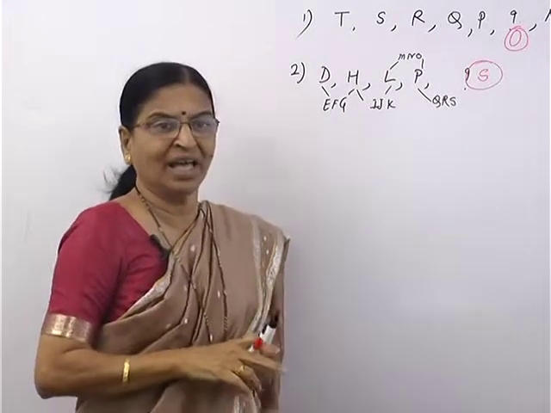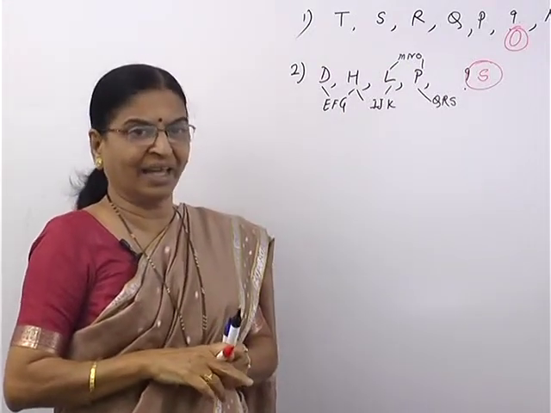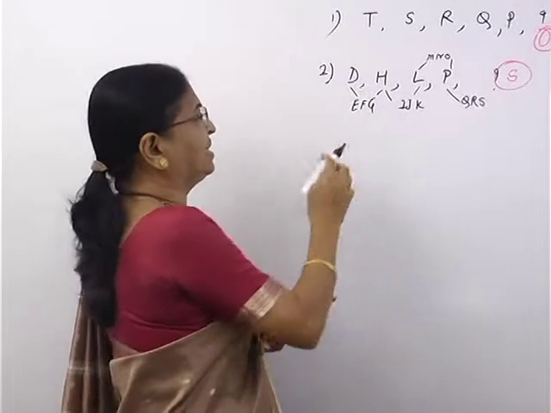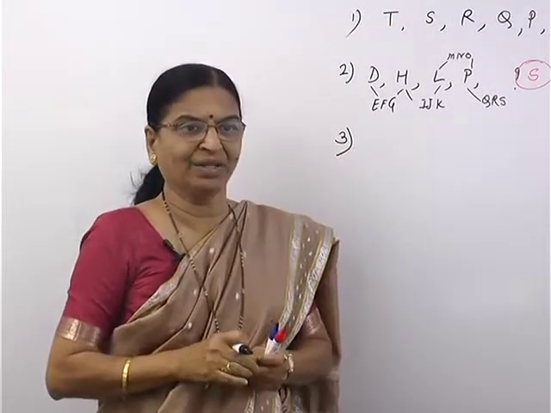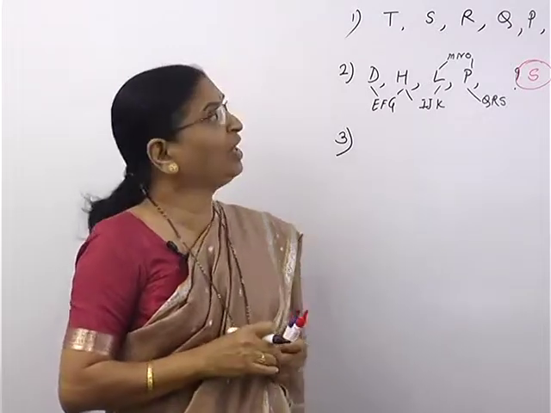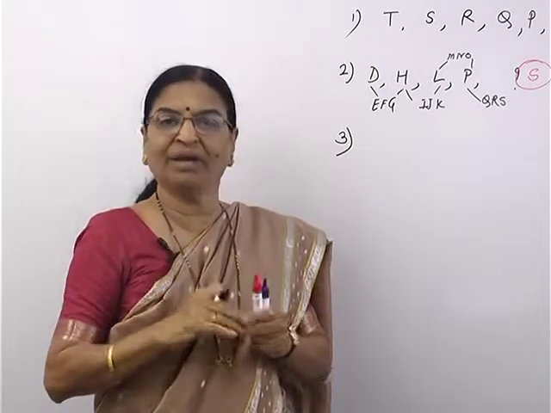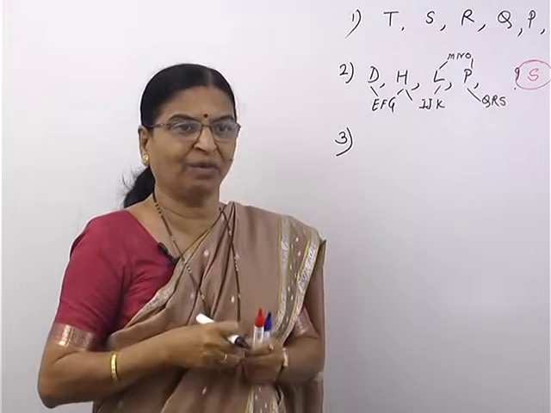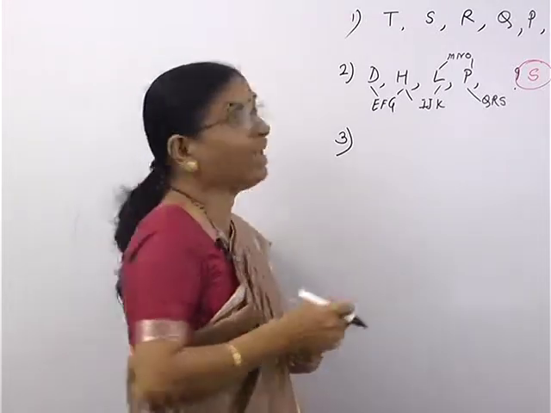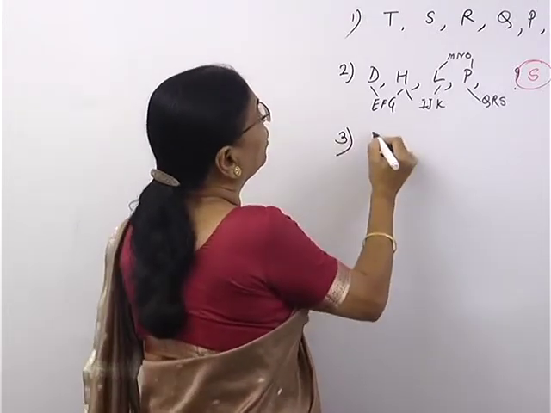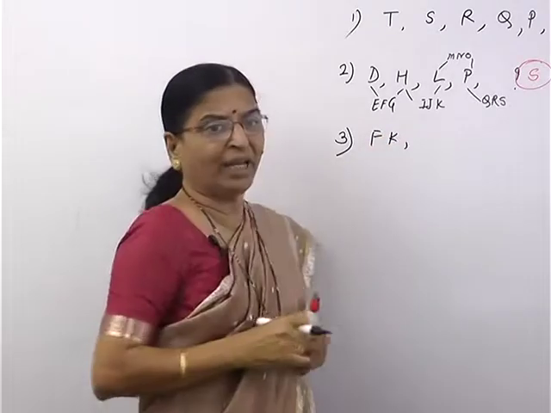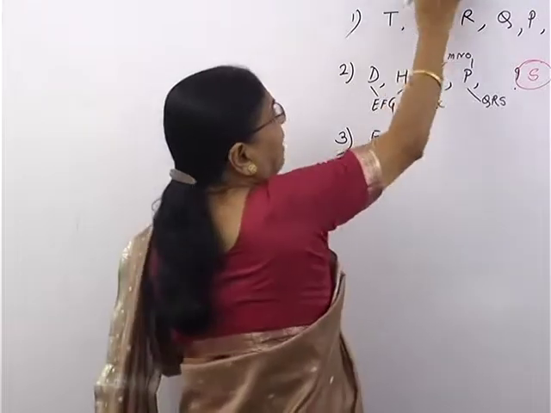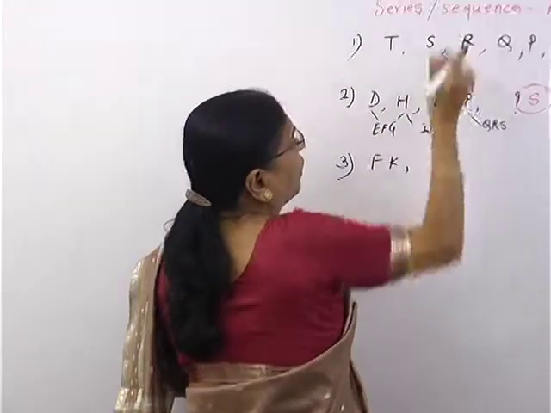Here you can say how many letters are there, and like that you can see the group also. One more and that will be the last. Okay, see how you can do it. That is, you can make a group of any other type of letters also. Suppose I make a group of F and K. So how many letters are there? That is F and K, so there are 4 letters.